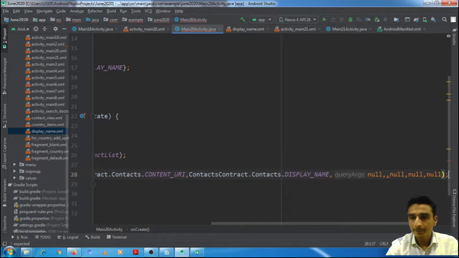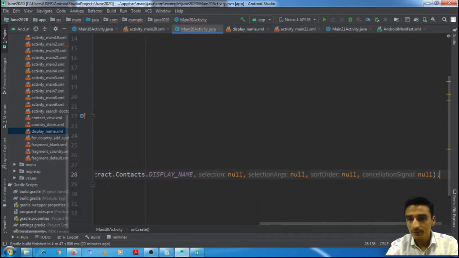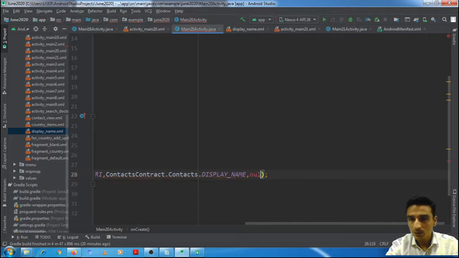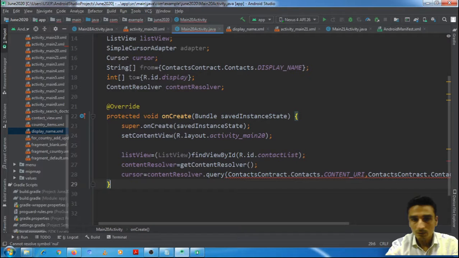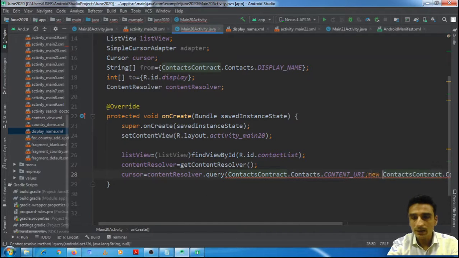One comma is additional. Is one more argument to be passed or not? Cannot resolve URI, language string. Yeah, it is to be an array, new String.